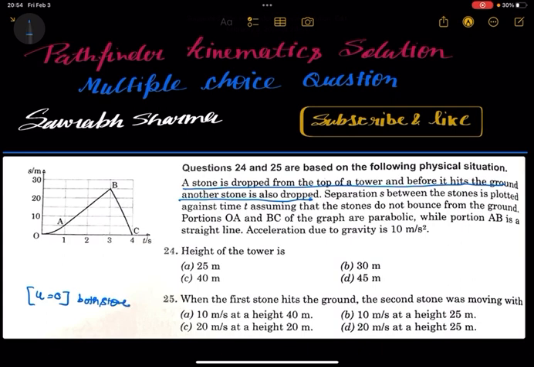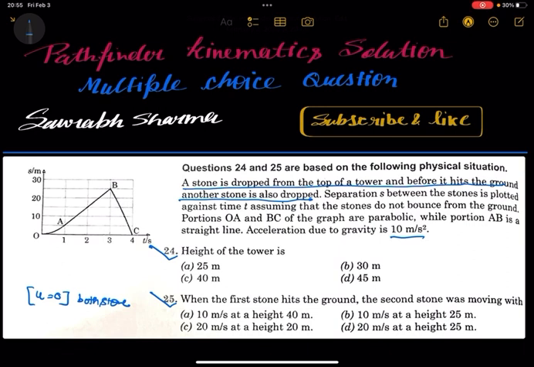Separation between the stones is plotted against the time, assuming that the stones do not bounce from the ground, means after striking the ground it will stick. So portions OA and BC of the graph are parabolic, while portion AB is a straight line. Acceleration due to gravity is g, which is 10 meter per second square. So it is asking what is the height of the tower, and when the first stone hits the ground, the